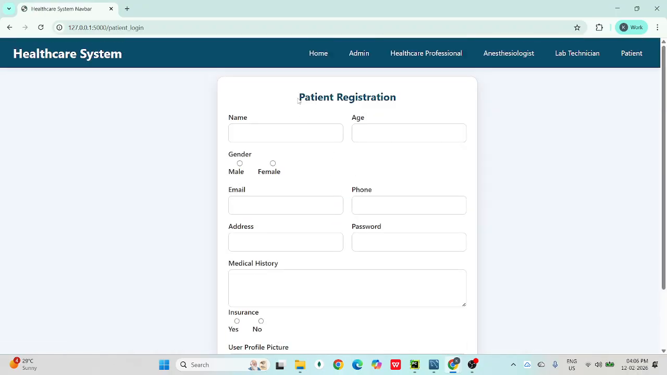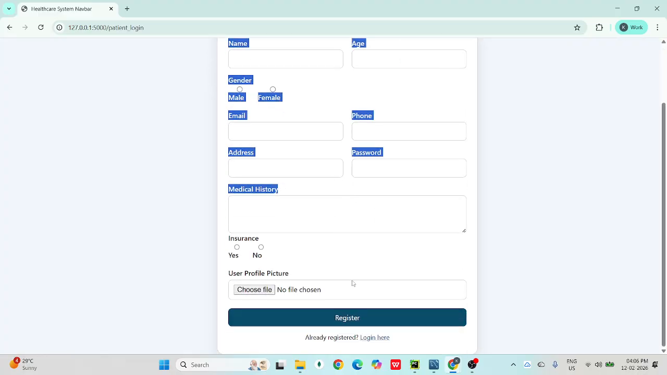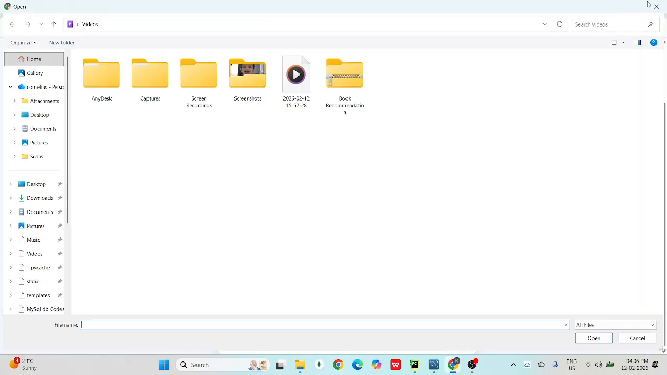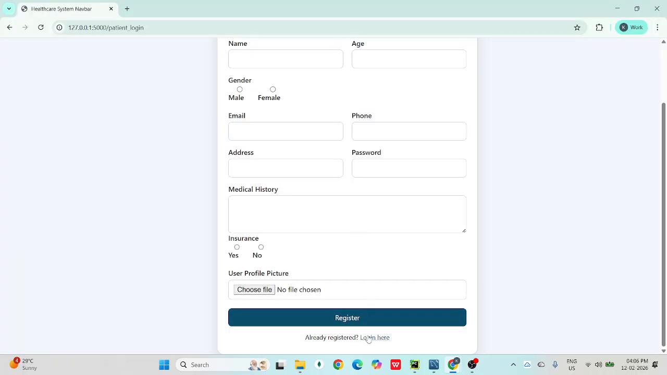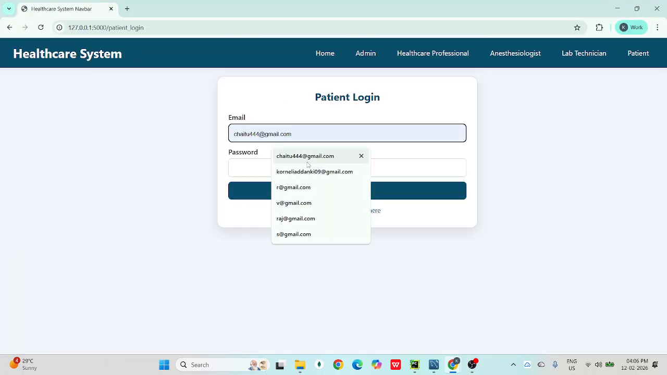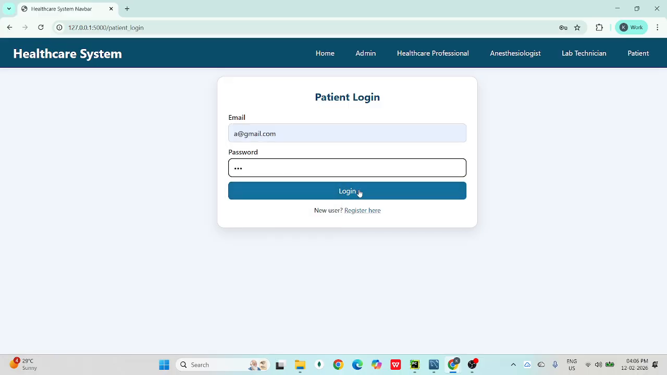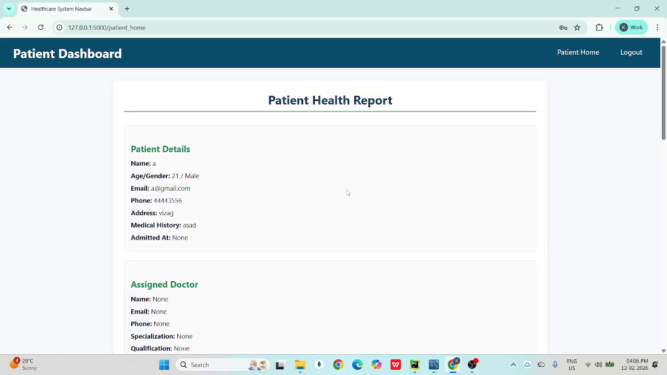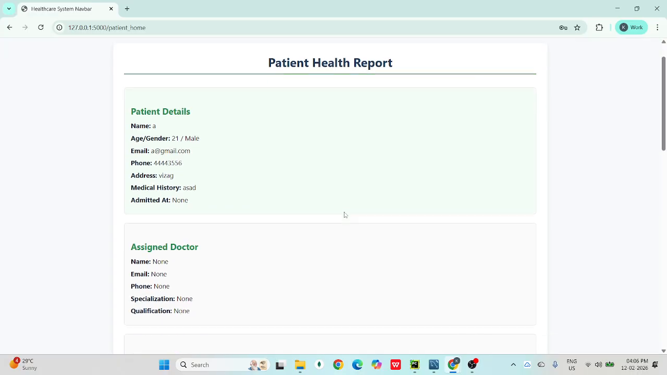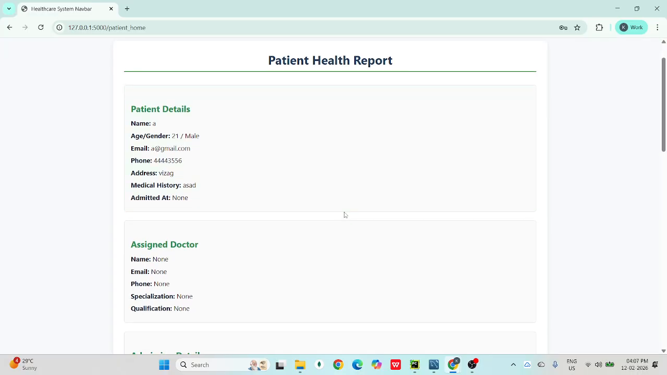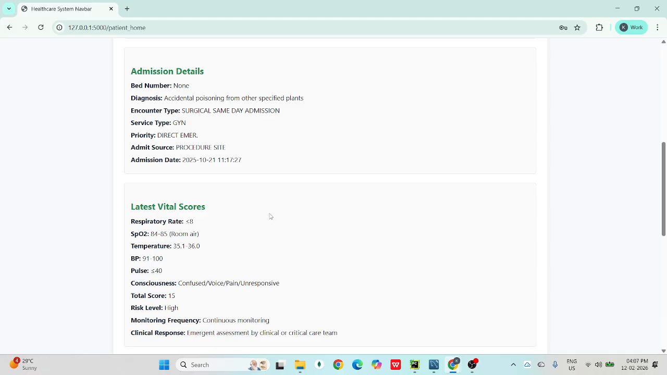Before viewing, the patient needs to register his details, and then he can log in to the website. For example, here is the patient healthcare report. After successful registration, the patient can see the patient details and doctor details,